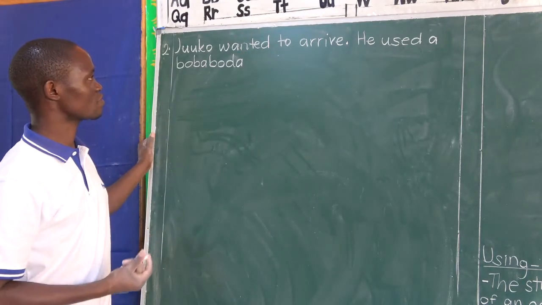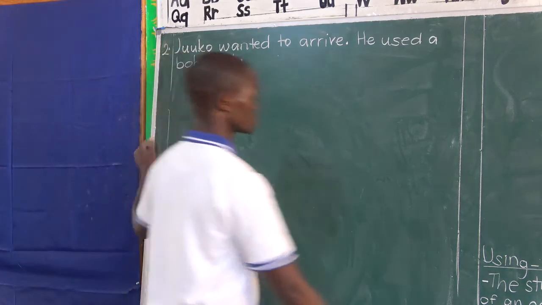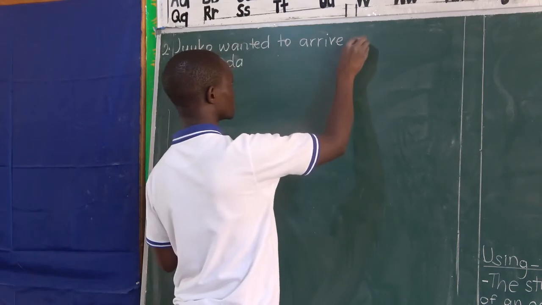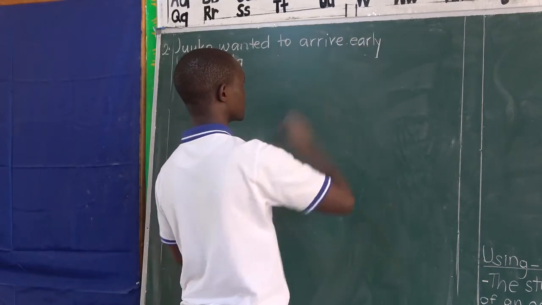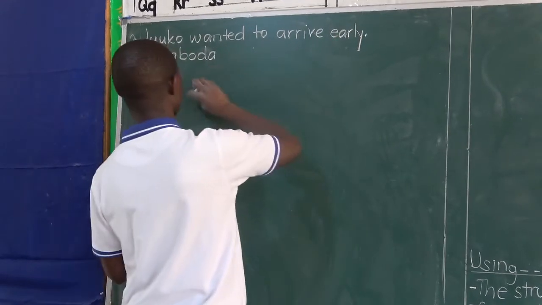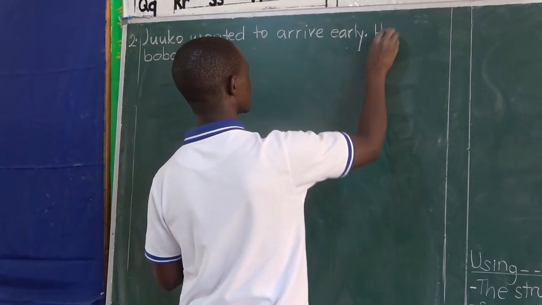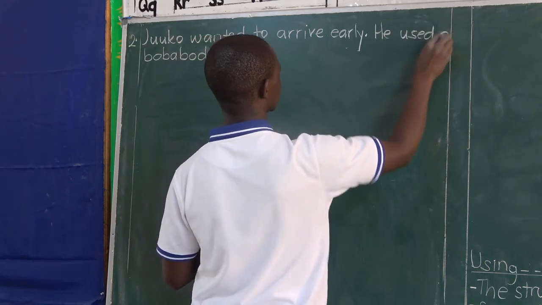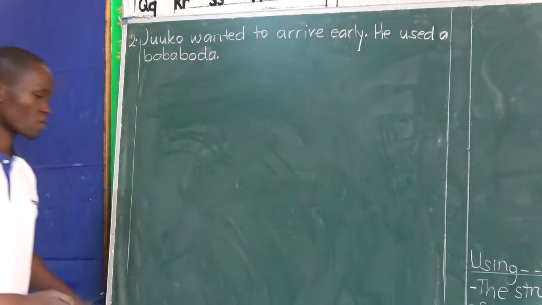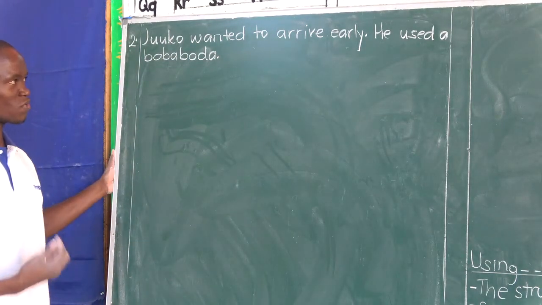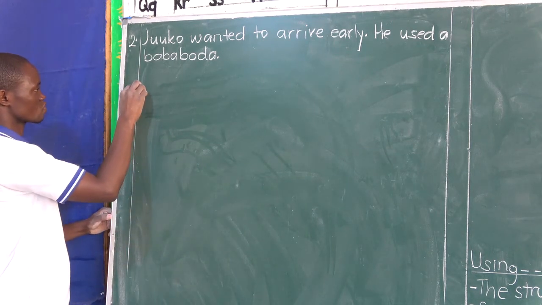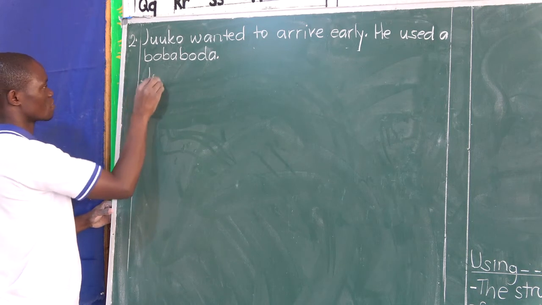So you wanted to arrive early, and as a result, he used a boda. So what's your answer in? Join using so. Yes, just so. We said you use so to introduce the result. And our answer will be Yuko